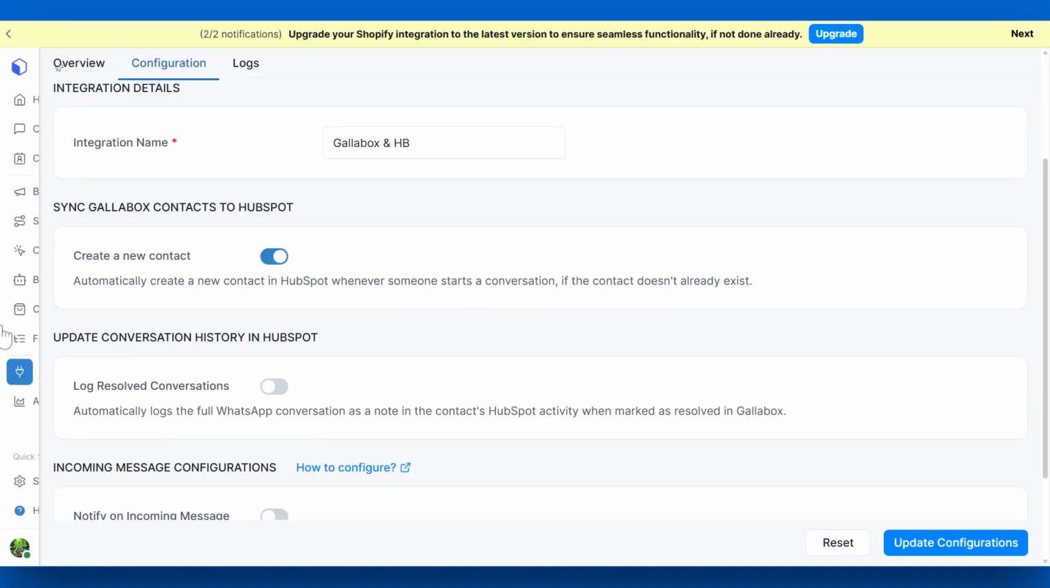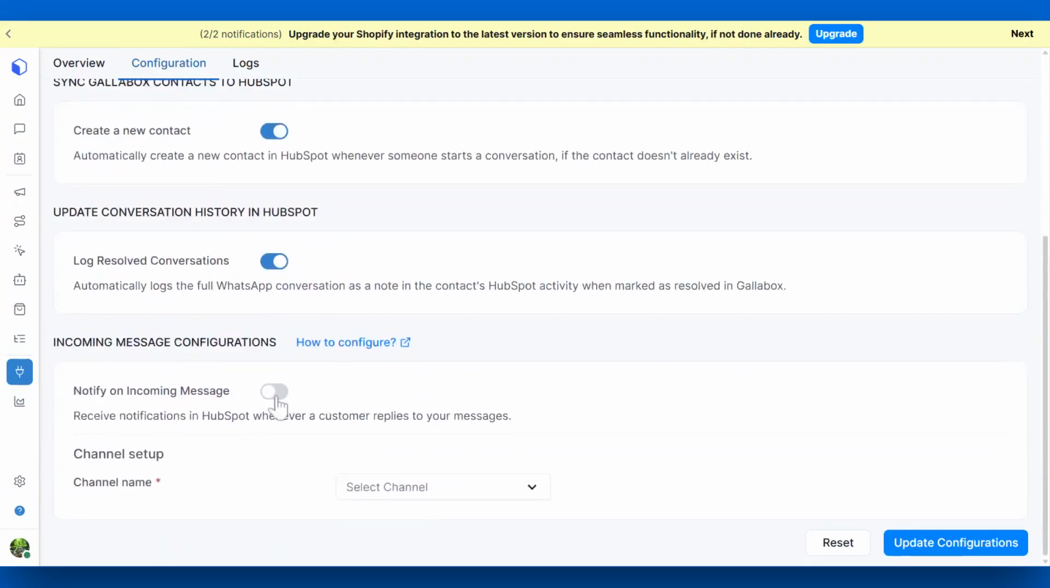To access WhatsApp conversation logs in your HubSpot account, simply activate the Log Resolved Conversations toggle. Once a WhatsApp conversation is marked as resolved in Gallabox, the conversation logs will appear as a note within the contact's activity timeline. To receive the incoming WhatsApp message notification to your HubSpot account, you need to enable the toggle